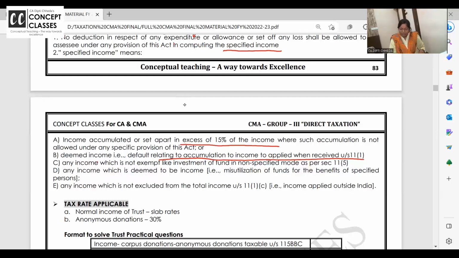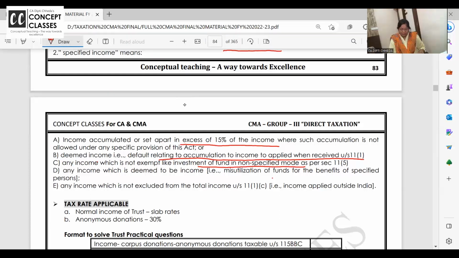Any income which is not exempt, like investment of funds in non-specified modes. We asked you to put the money in 11(5). You didn't put it. If you put it elsewhere and earned income, that income will become taxable at 30%. Income which is deemed to be income, that is misutilization of the funds for the benefit of a specified person.